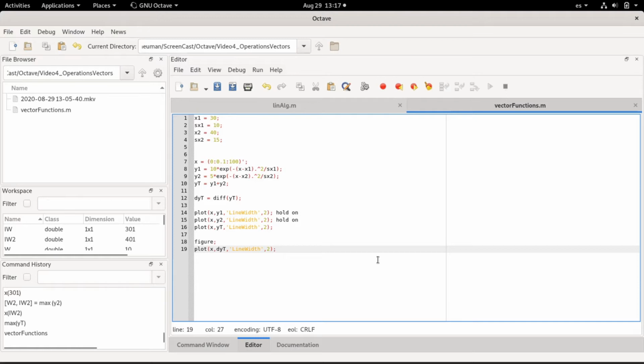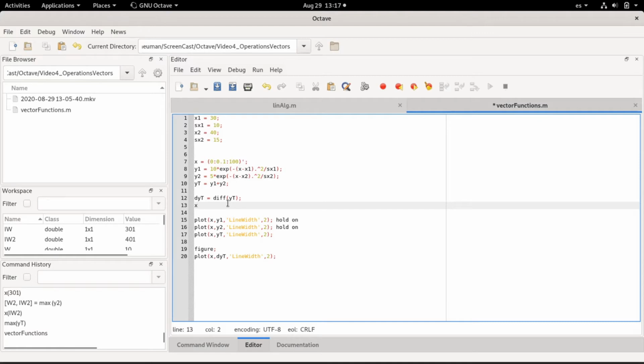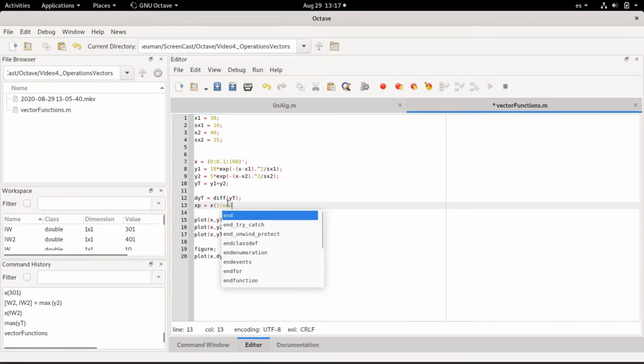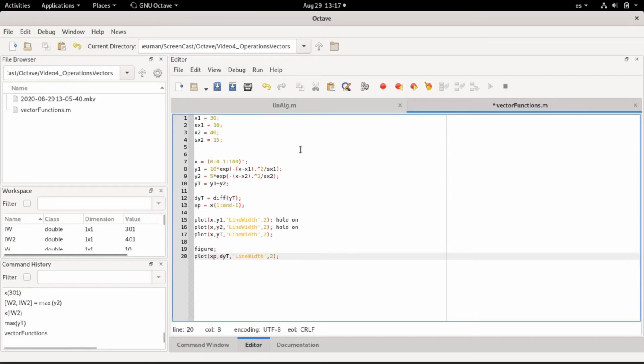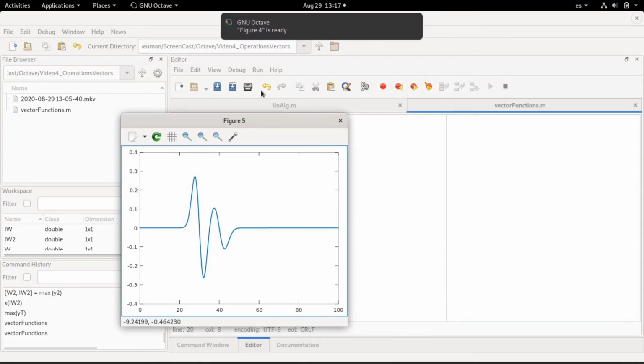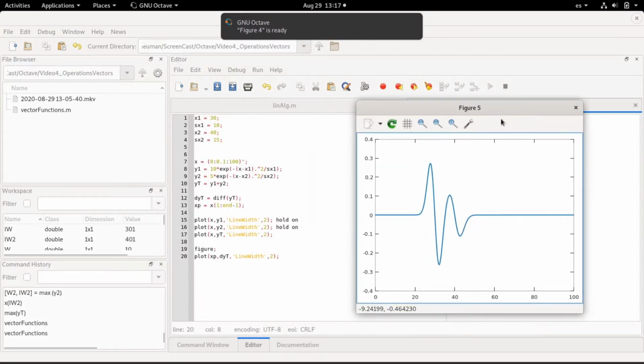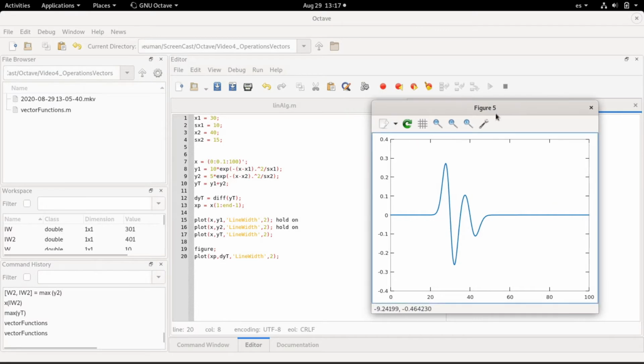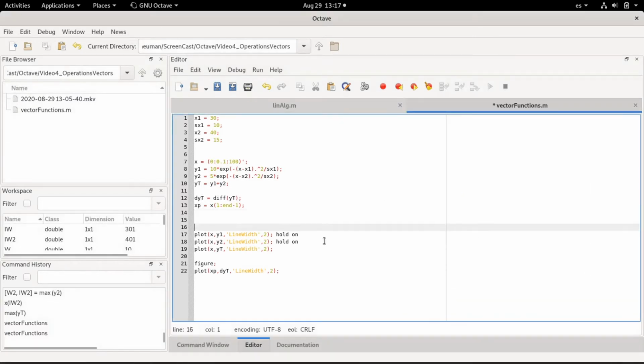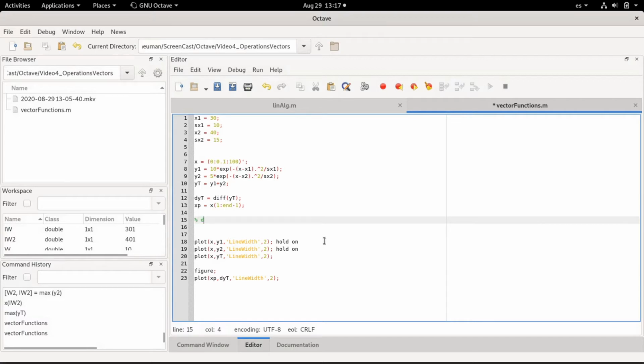So you also need to decrease the x. We are going to call this xp for x prime, but I don't know what name to give it. It would be x(1 to n-1). It's simply that. So now we are going to use this to plot, and now what we obtain is the derivative. It's not exactly the derivative because we have only taken the difference between the y values. So we know from mathematics that the derivative of a function